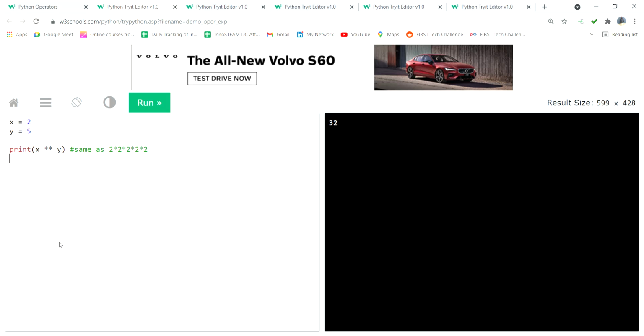I am asking the value of 2 to the power 3. 8. Very good. 2 to the power 4. 16. 2 to the power 5. 32. 2 to the power 6. 64. 2 to the power 7.